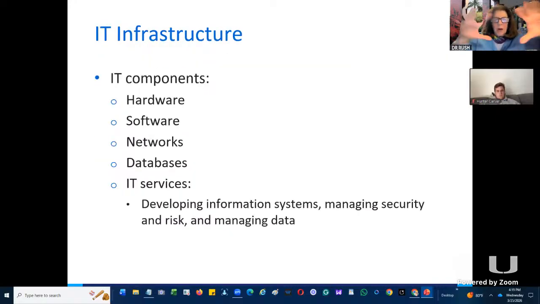This is from the chapter in the book, the PowerPoints. When I think about IT, I'm thinking about information technology components. It's also talking about IT infrastructure. IT infrastructure is composed of a number of components.